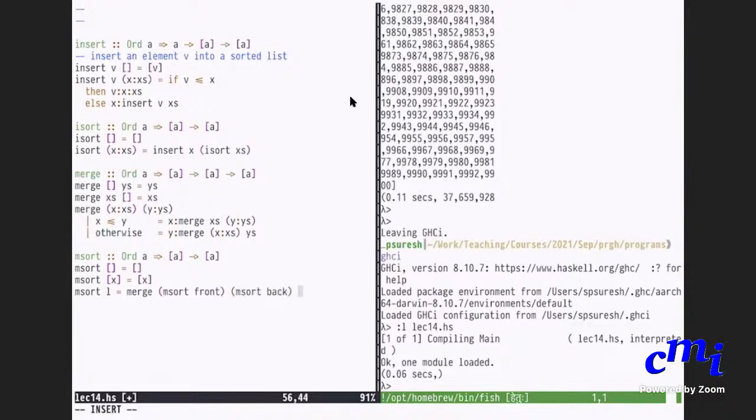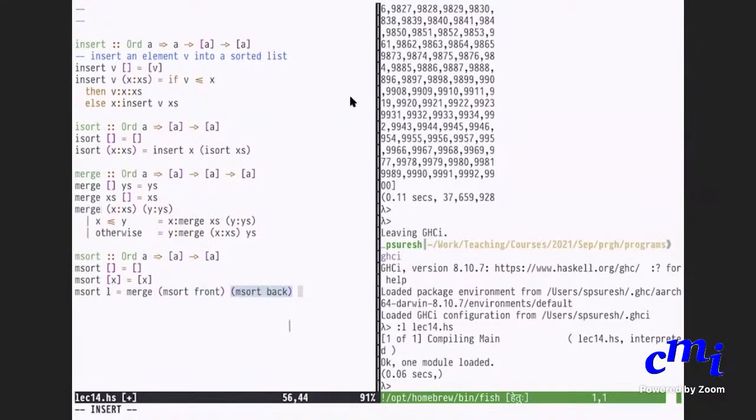Is it clear? I want to split the list into two halves. The first half I call front and the second half I call back. Recursively sort the two halves. Now this M sort front is a sorted list. This M sort back is also a sorted list, and I just merge them using whatever I did here. And I'll get a new sorted list.